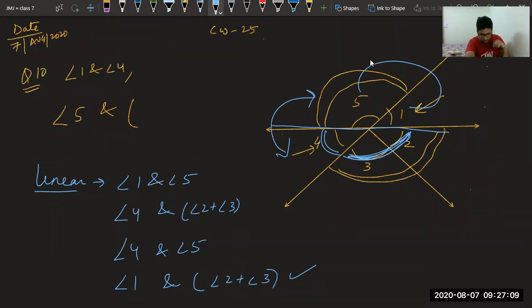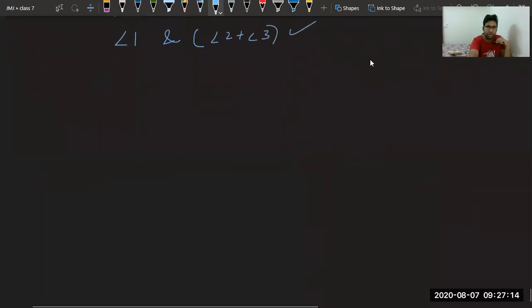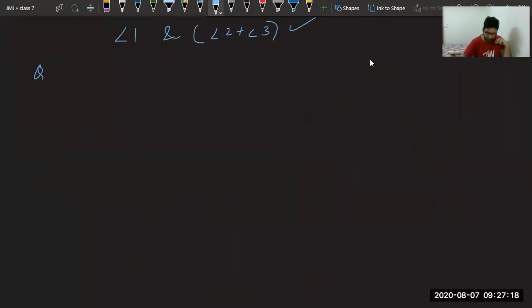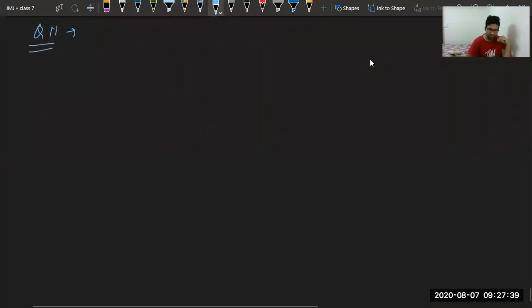Now let us see question number 11. I have given you the hints of that. Sir, so many linear pairs in one figure. Beta, possibilities are infinite. If you try to find at your home also, one thing can do multiple things. So for question number 11, we need to have that kind of vision that we are able to find.